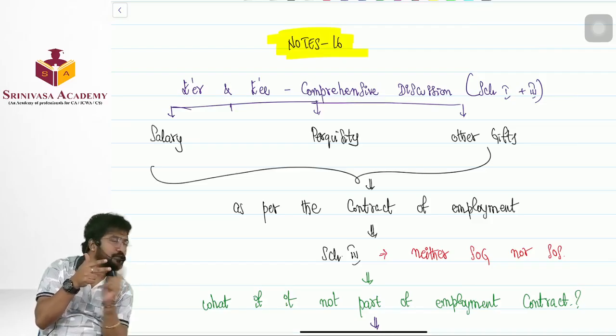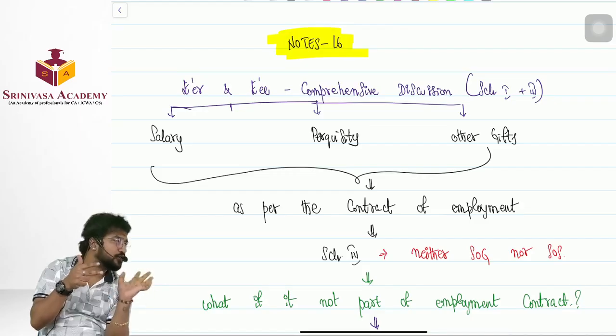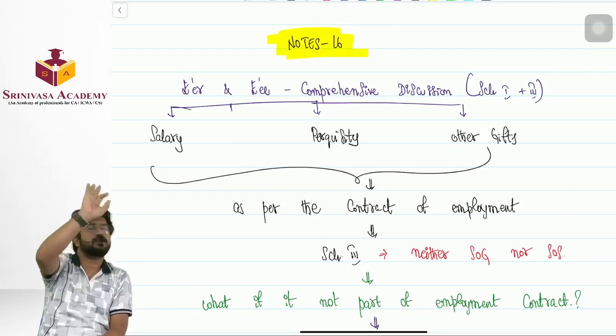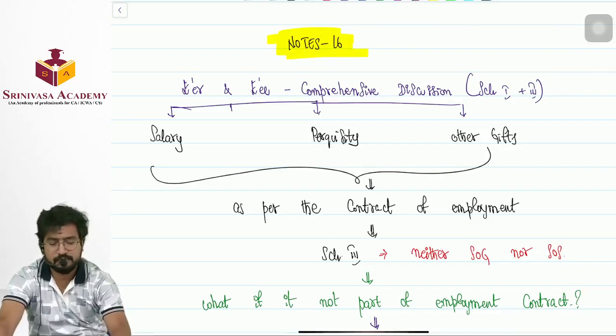It should not exceed, that means less than or equal to 50,000. Clear? If it is 50,000 and 52,000,